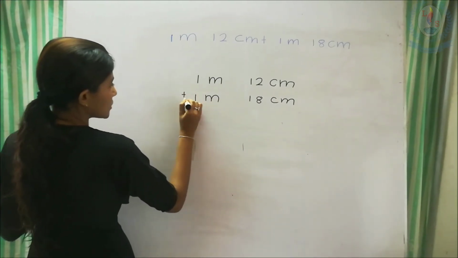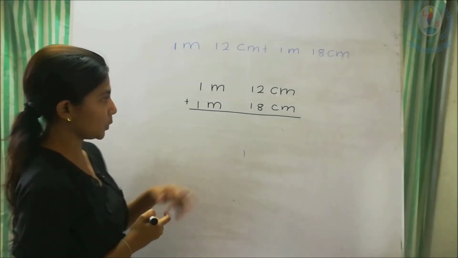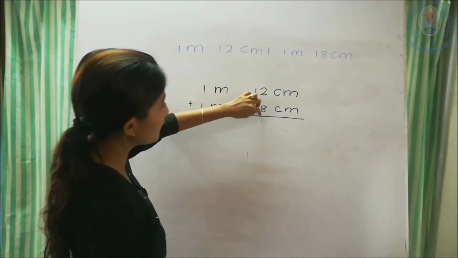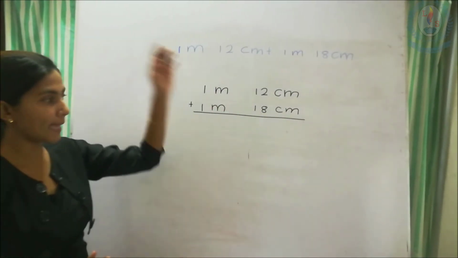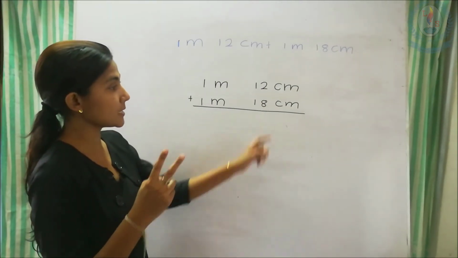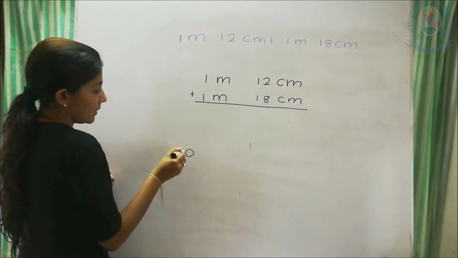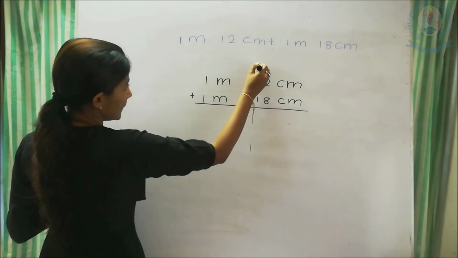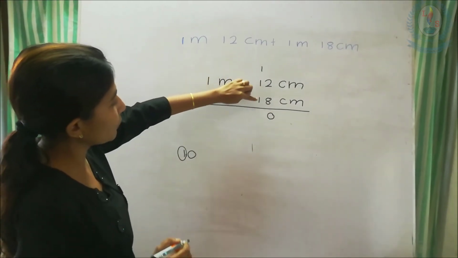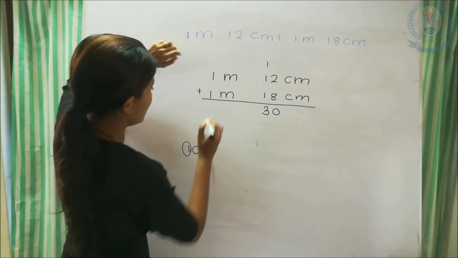Now what you do? You are adding these two as you have learned in normal way, starting with the units, from behind. So the big number is 8. You send the 8 to your mind. You take this 2 to your hand. 8, 9, 10. Then 10 is a 2-digit number. You send this 1 here. Then you put the 0 like this. 1, 2, 3. Then you put the 3 here. 1, 2. Put the 2.